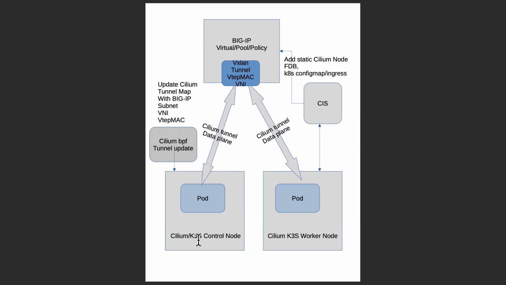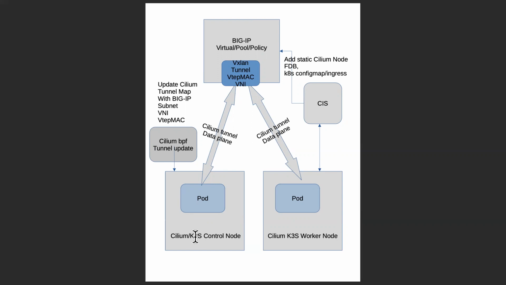Also I run Cilium as the network CNI plugin instead of Flannel. By default, K3S uses Flannel as the CNI network plugin,